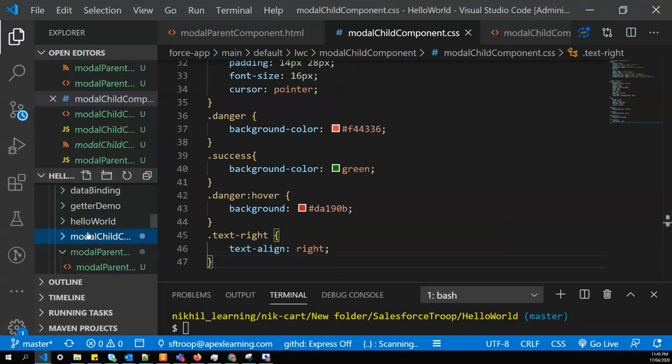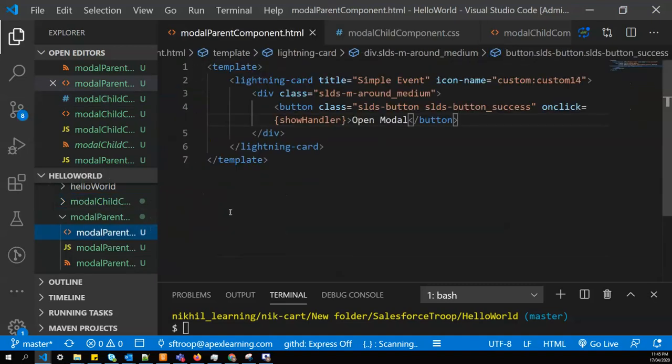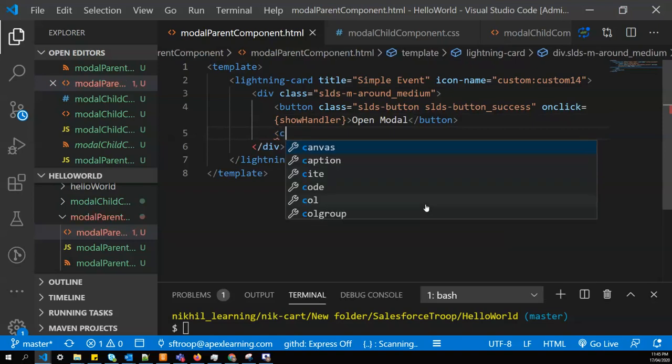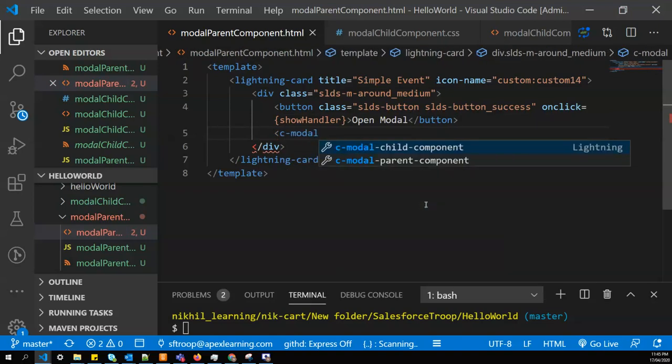As I already mentioned, you can get this code from my video's description link for the CSS. Now I'll go back to my parent component, and within the parent component let's call the child component, c-model-child-component.